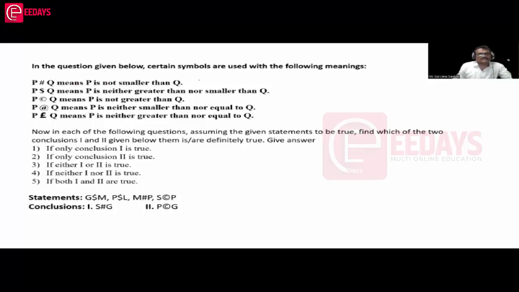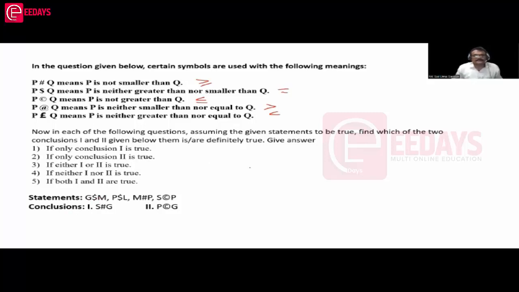P has not smaller than, greater than, neither smaller than, greater than, equal, not greater than, less than or equal to, neither smaller than nor equal to, greater than or equal to. Okay, neither smaller than nor equal to, this is greater than and this is less than as usual. And next, M,